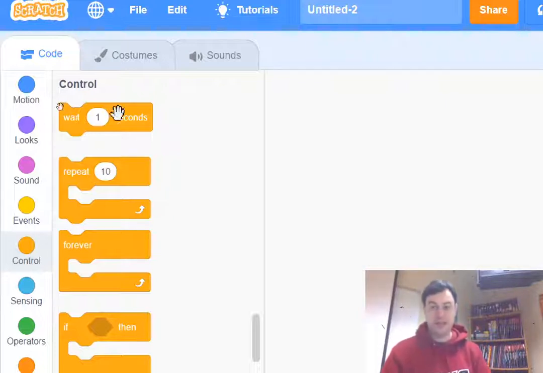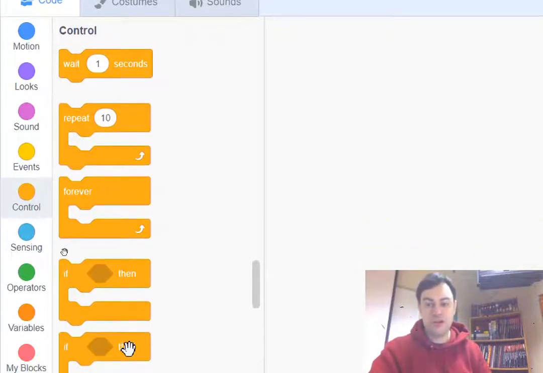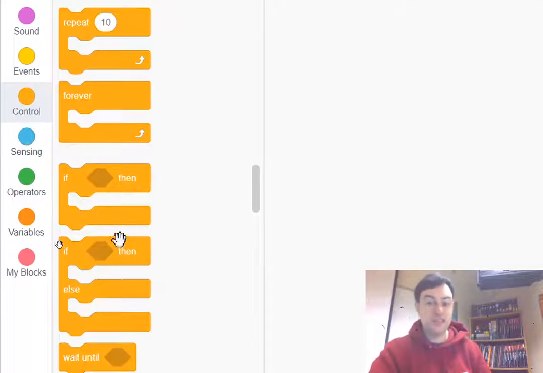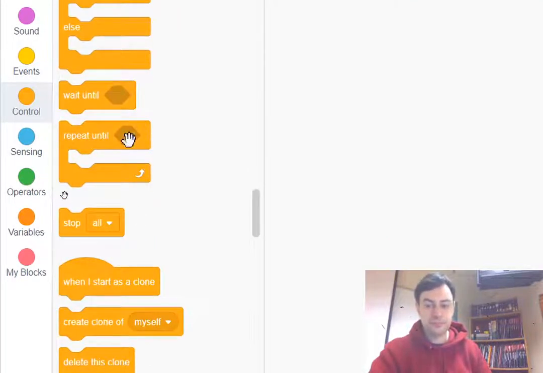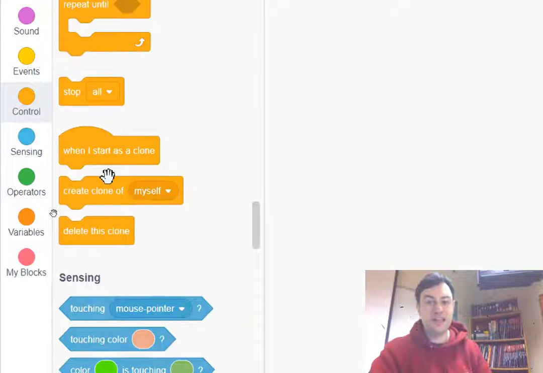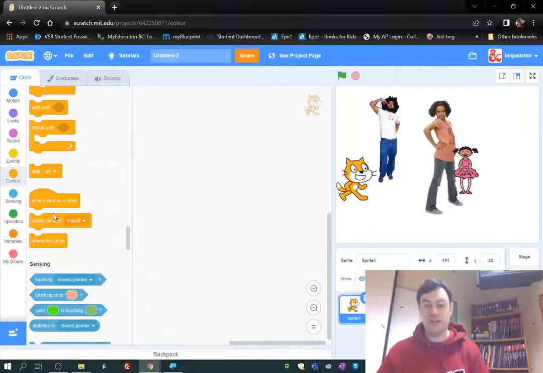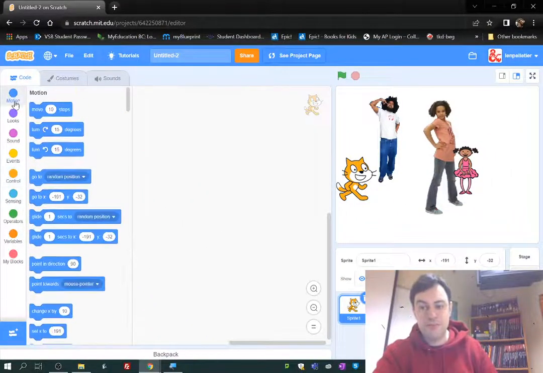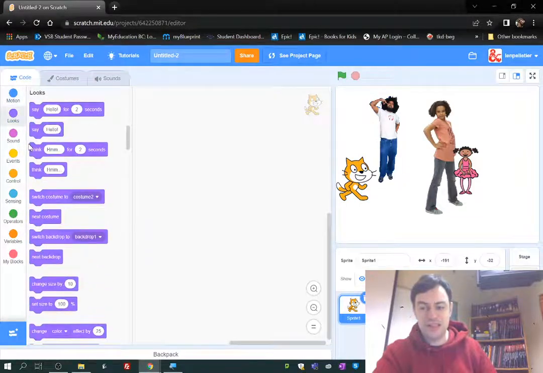Things like delaying a script, repeating something over and over again so you don't have to code it over and over again. Making decisions is a really big deal. And also cloning is exciting. So, multiplying your work by making copies of the same thing you created. So you have to make a million copies of it over and over again. So that's motion. Looks is,